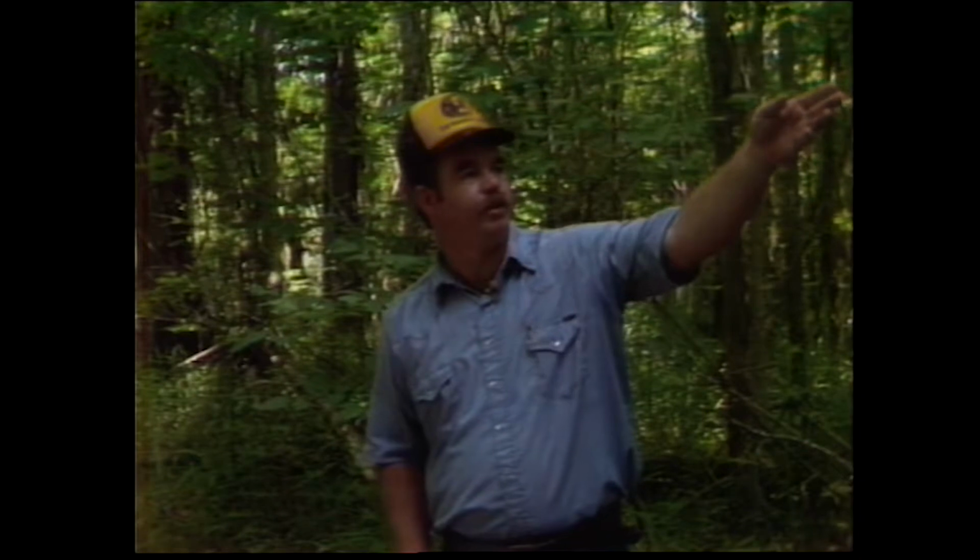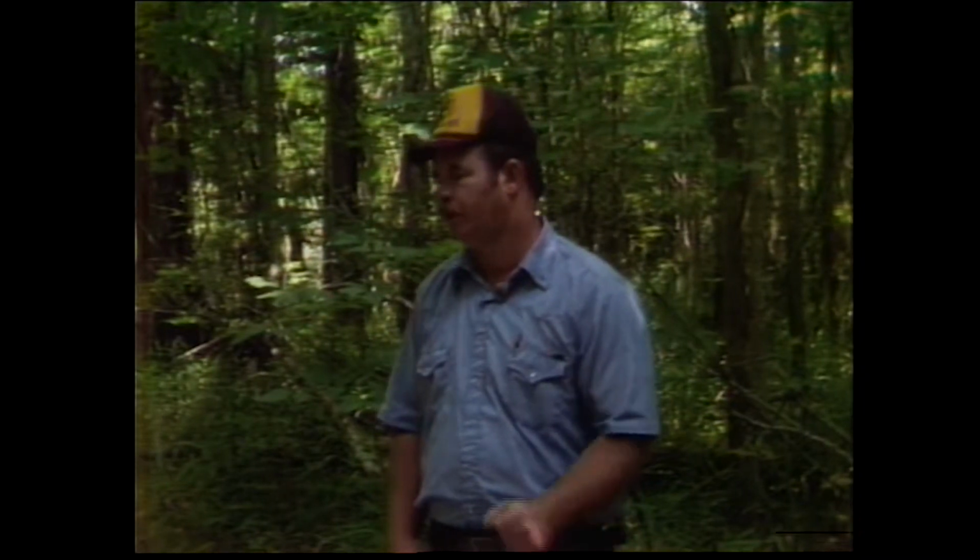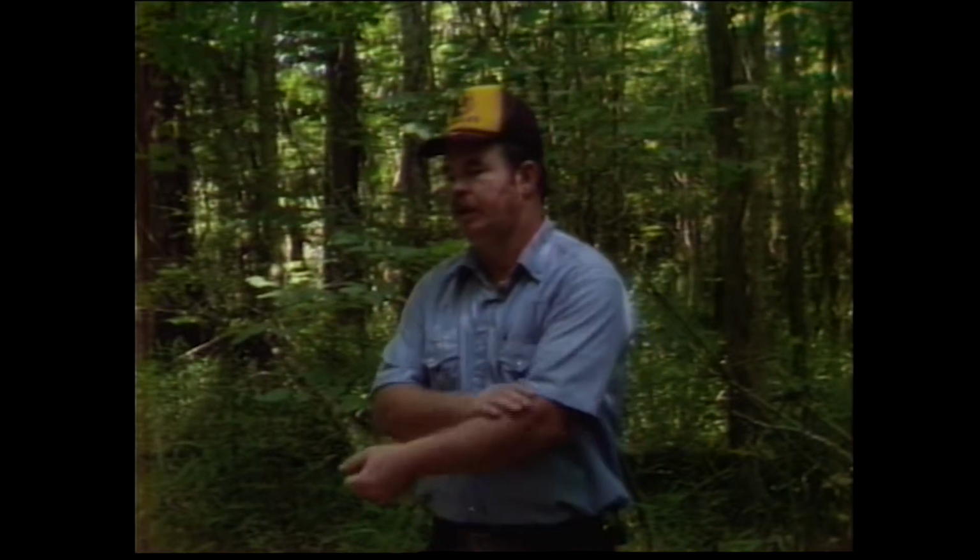Wild hydrangea, the oak leaf hydrangea, extremely large size here. So the trees and the shrubs in this area are really particular. A lot of things are found right here and along this floodplain that are found nowhere else in the world. Before we go up and look where the warehouses and the offices are, let's take a walk along the